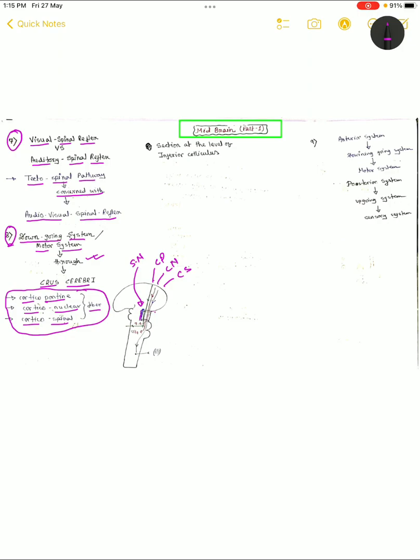And this is the first thing you have to remember. It is crossing both at the superior colliculus level and inferior colliculus level. So in both levels, you will find these three fibers. Okay? Now,